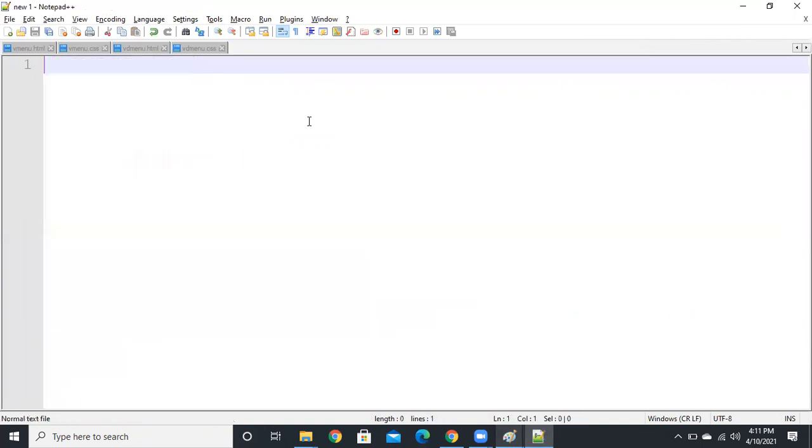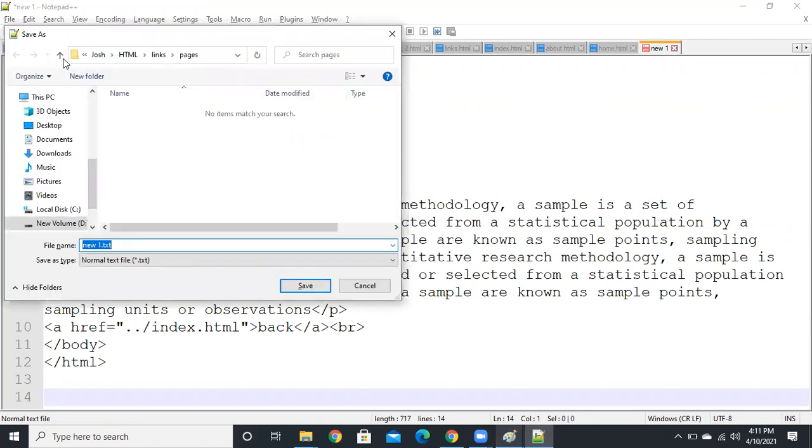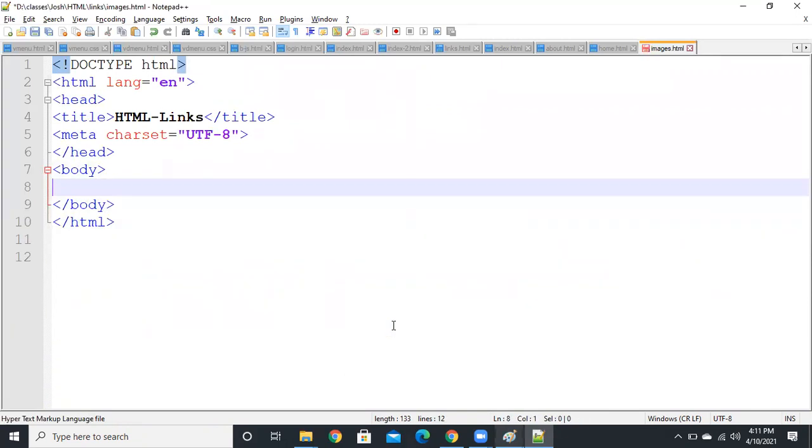So I'm going to take a new file and save it, creating images.html. I add images, with width 500 pixels.